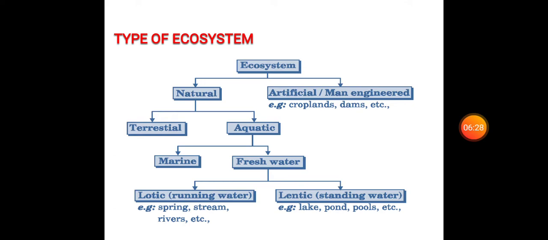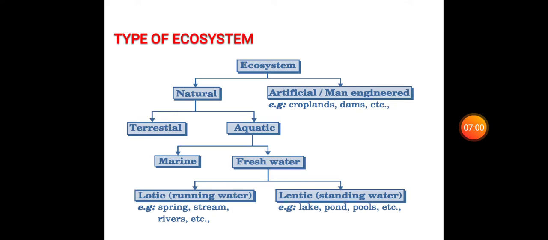The terrestrial ecosystem is further classified into various types. One is the forest ecosystem, another one is the grassland ecosystem, then the last one is the desert ecosystem. The forest, grassland, desert, all of them are based on land or earth, so that it is called the terrestrial ecosystem. The other main natural ecosystem is the aquatic ecosystem. Aqua means related to water.